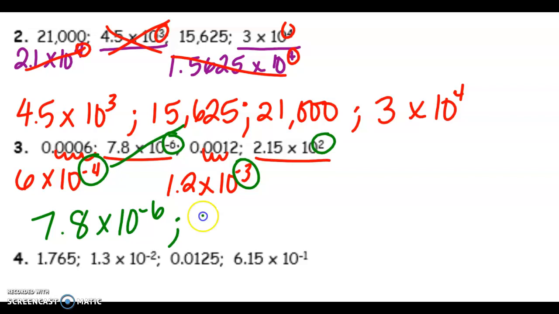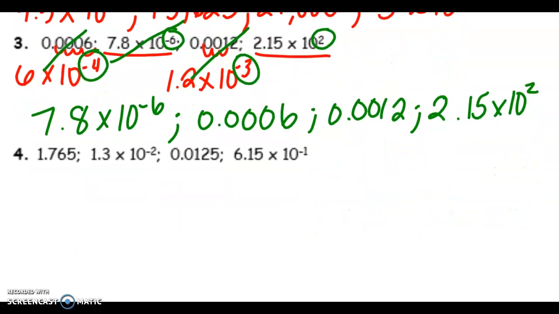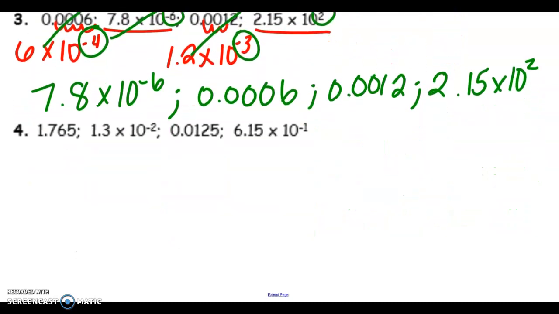Then I've got negative 4, which is 0.0006. Then I've got negative 3, which is 0.0012. And then I've got a positive number. So I've got 2.15 times 10 squared. That one was easy because there wasn't a whole lot to get done there. All right, last one that we have. This one is